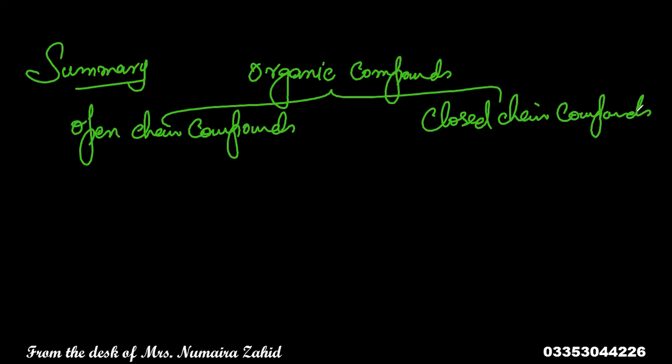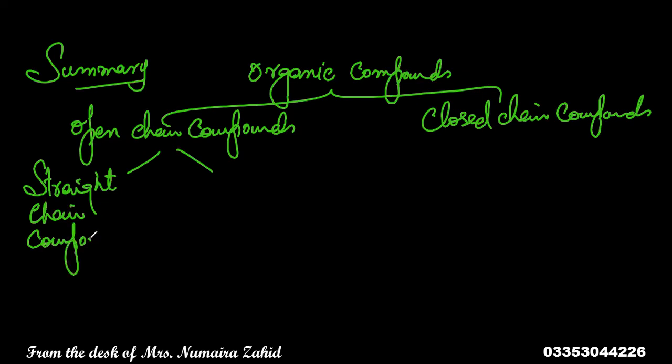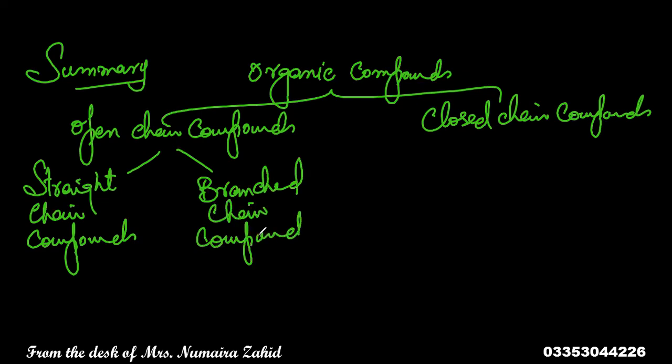Open chain compounds are further classified into straight chain compounds and branched chain compounds. While closed chain compounds, or we can say these are cyclic,